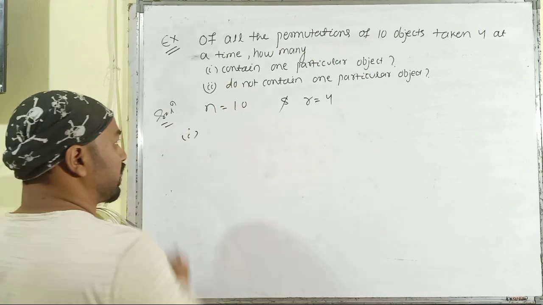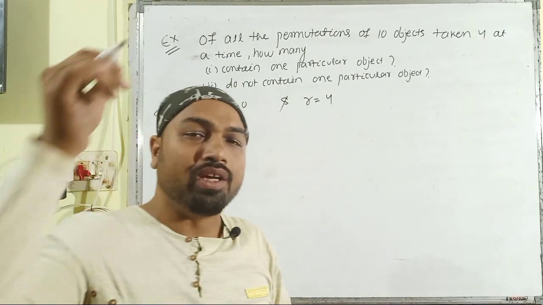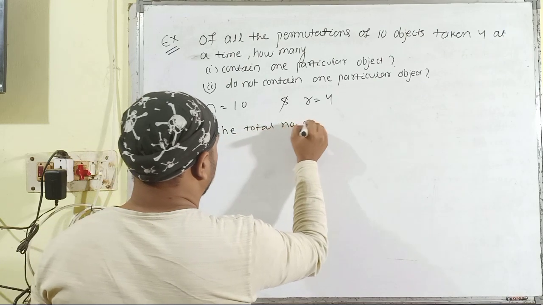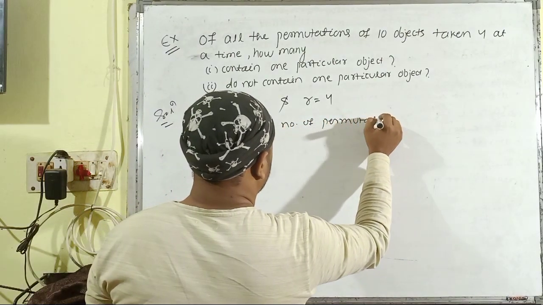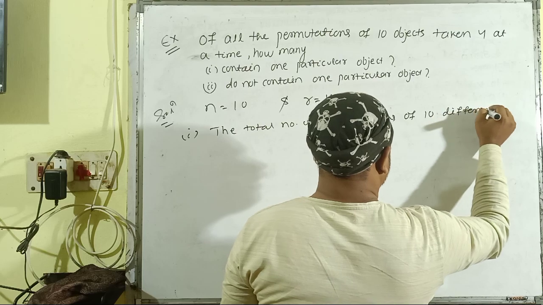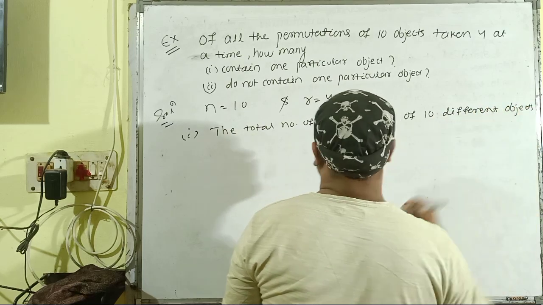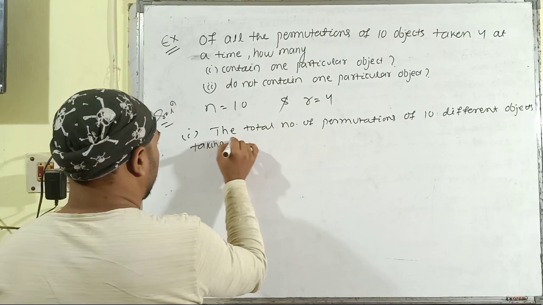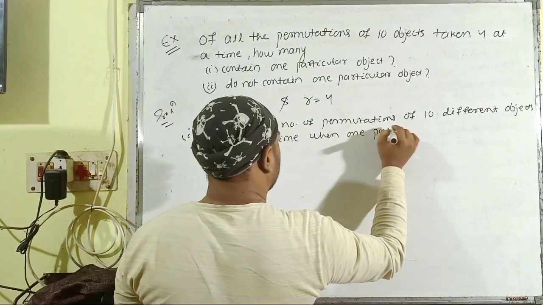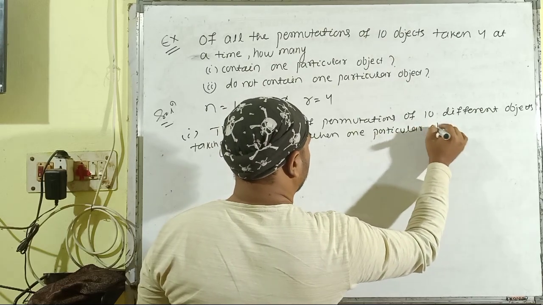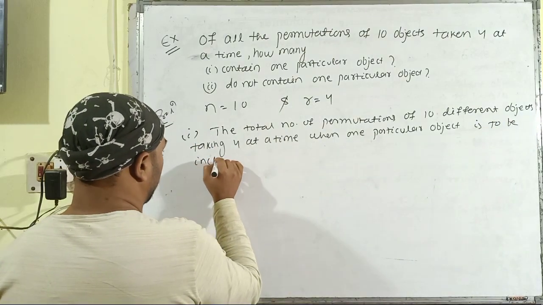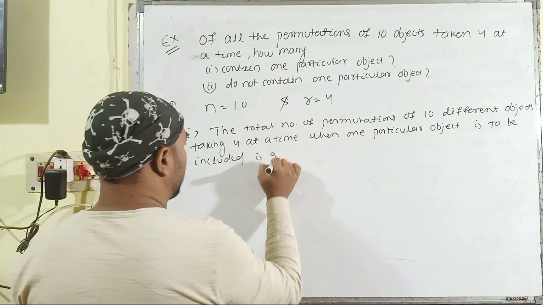So for the first case, when one particular object is to be included, the total number of permutations of 10 different objects taking 4 at a time, when one particular object is to be included, is given by,